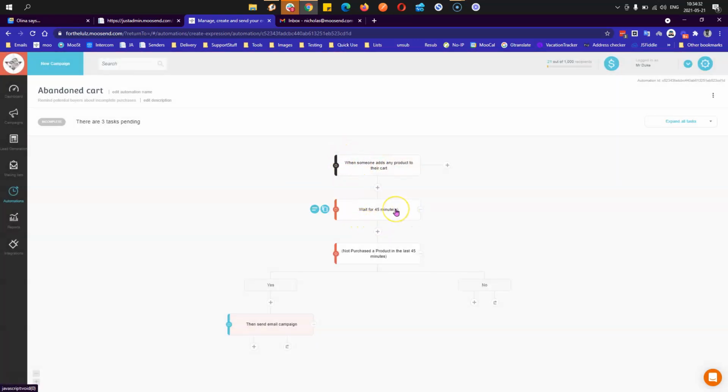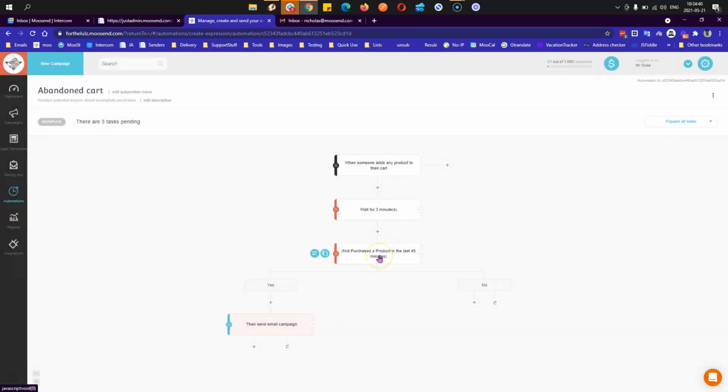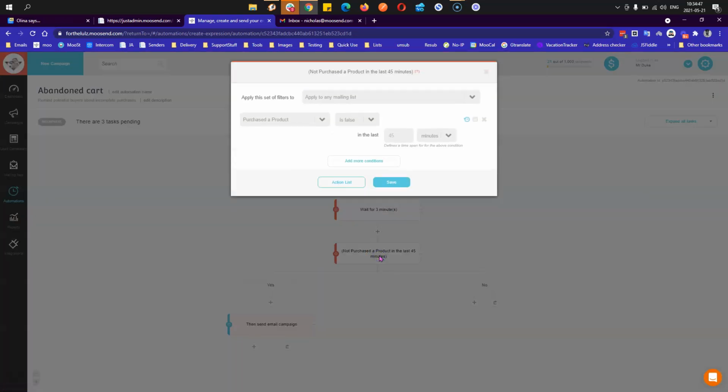Then you set your preferred waiting step. I'll just go ahead and set 3 minutes for now. And then you have an if statement that is pre-created for you from the template, which actually can be read like so. It says, apply this filter to any mailing list,